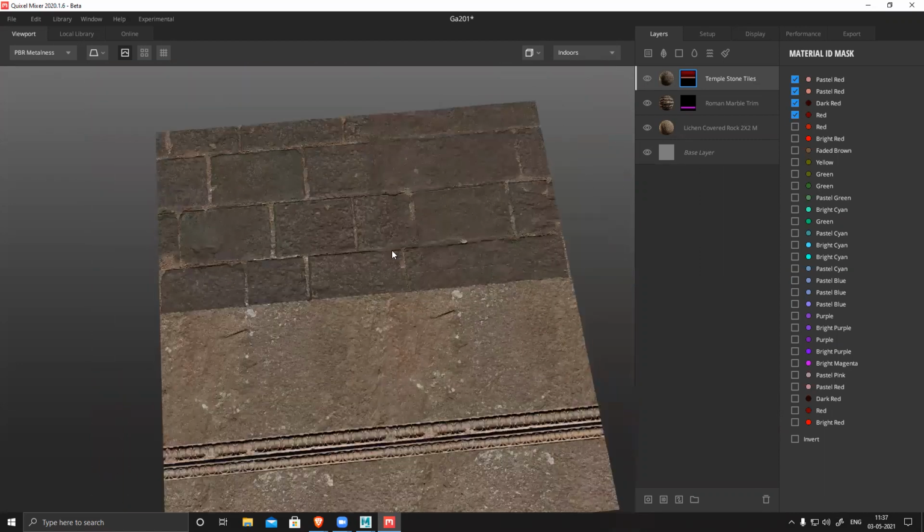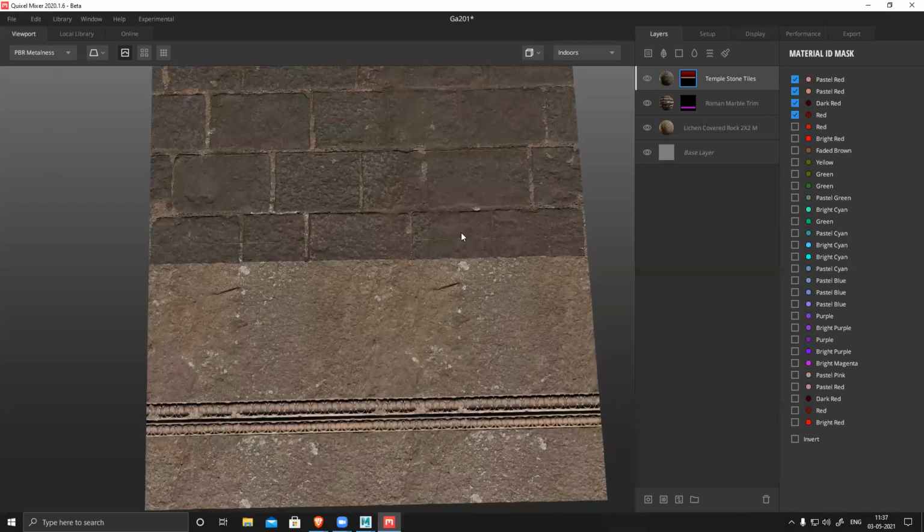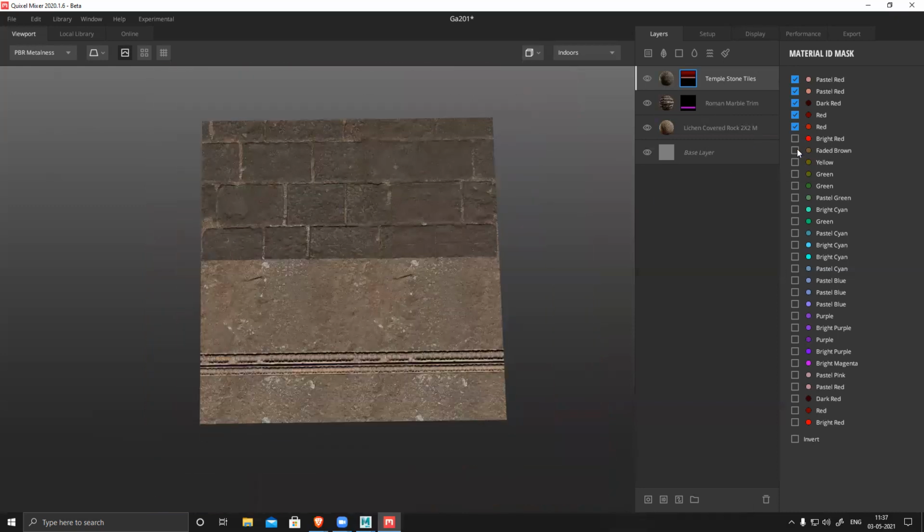The top section where I have this wall and all. This bottom section. Yeah, clean. So let's see.